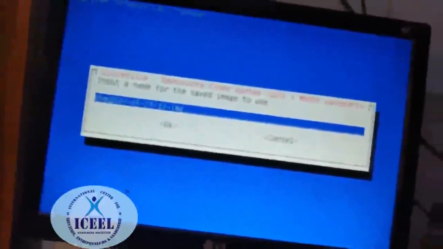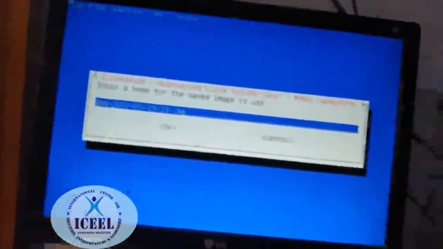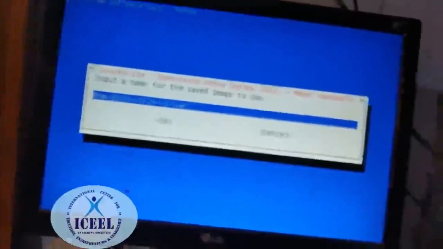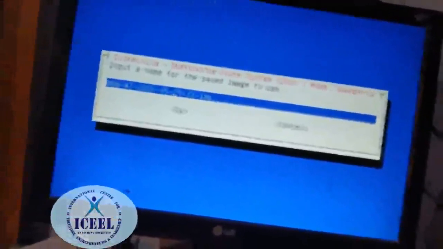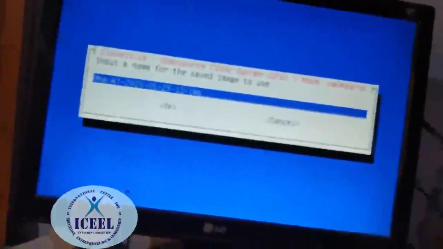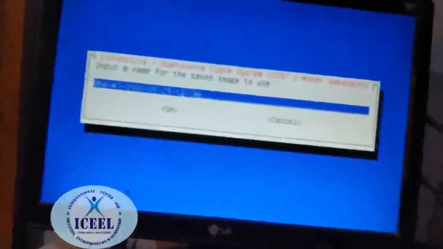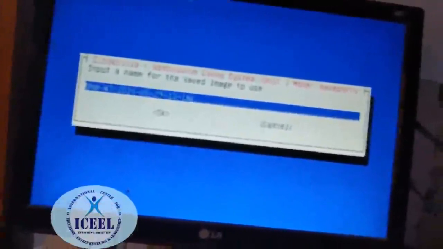OHM, dash BEU, that is backup, or you can use something like W7, that's the Windows operating system W7, right? And this is the date, 2020, this is May 29, right? And this is the time, 13, that is 1 p.m. right now, right? And this image is for Clonezilla, so I can use it either here or here. Let me write here, CZ is the indication of Clonezilla, right?